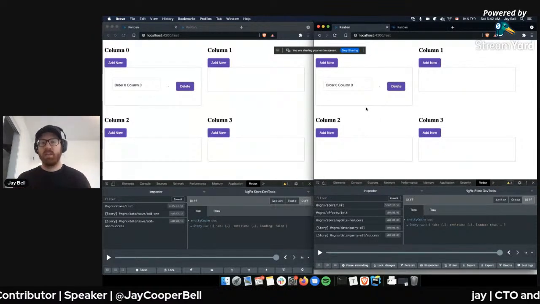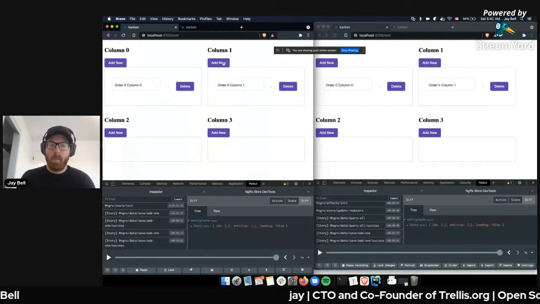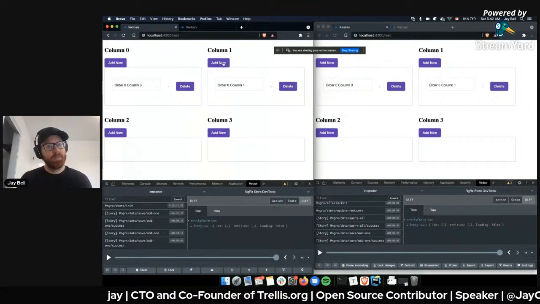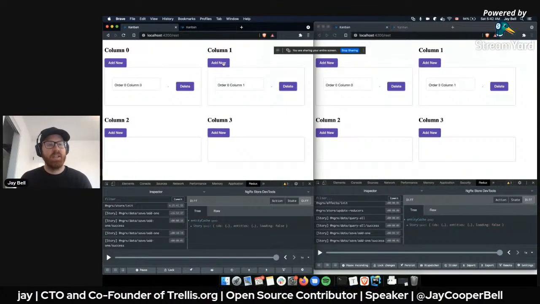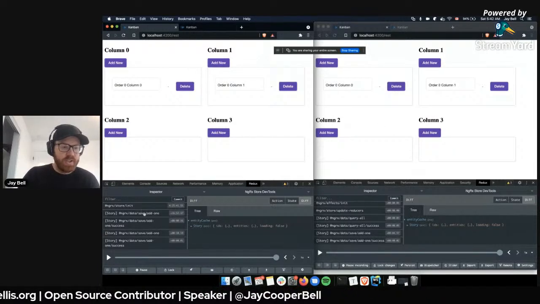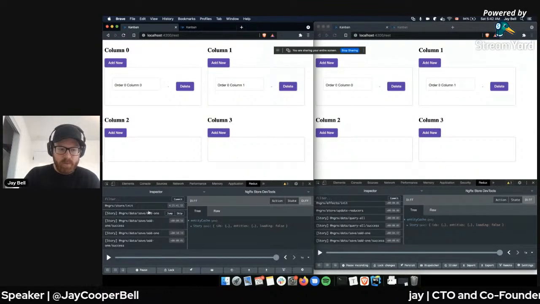So these are pulling from the same data source. But if we make changes, then we're not seeing those updates, right? That's because we're using HTTP as our transport mechanism instead of WebSockets. So let's take a look at these actions that are dispatched here for a second. Remember that correlation ID that we were talking about? Well,